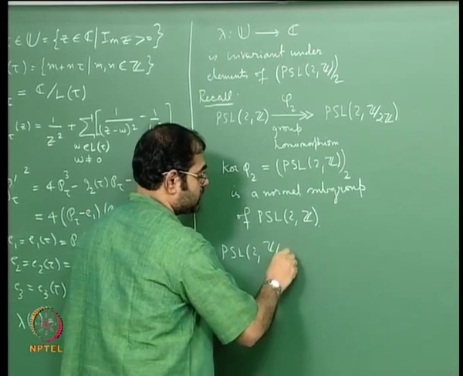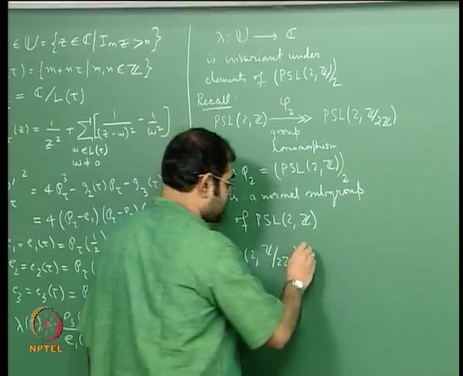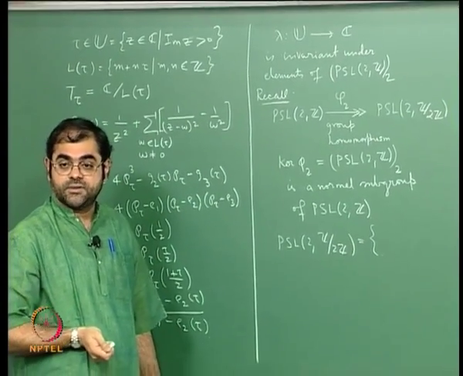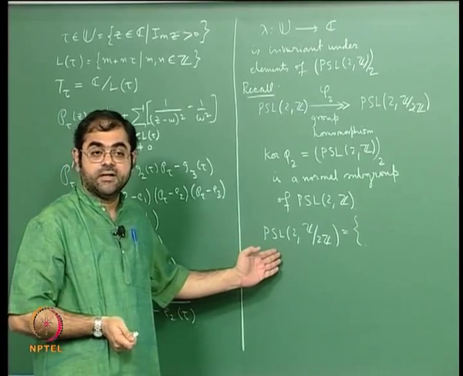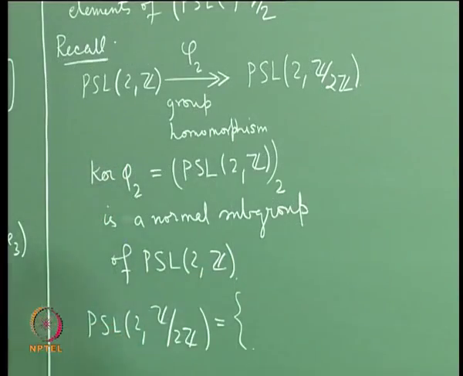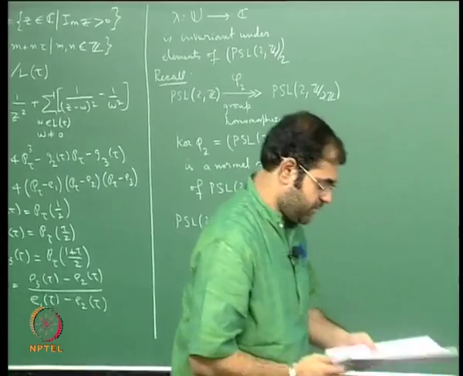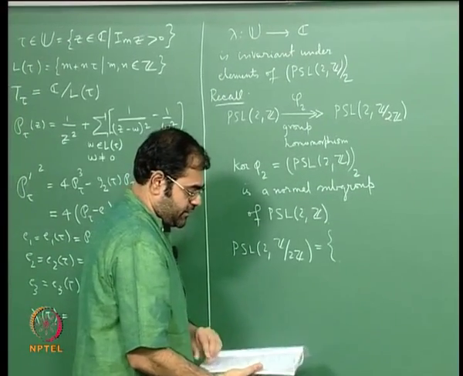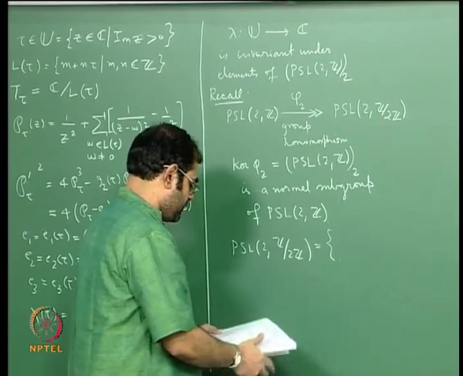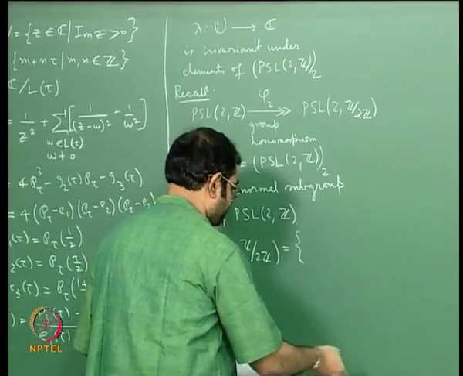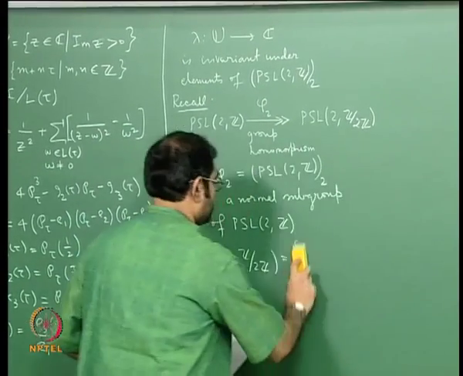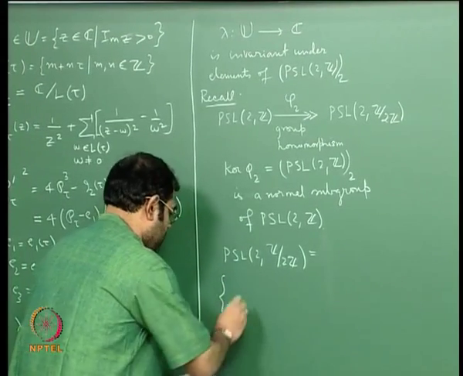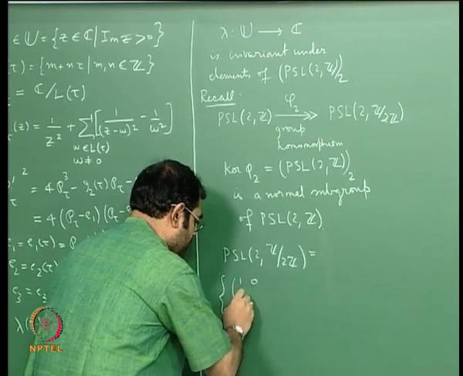And if you calculate PSL2Z mod 2Z, essentially if you write down the transformations, you will get 6 matrices, okay, and what are those 6 matrices? Let me write them down. I'm just trying to write it in a certain order that I have written for myself. So of course you have the identity matrix,